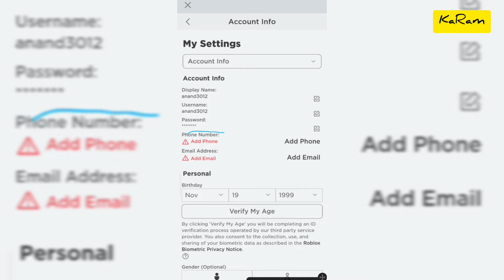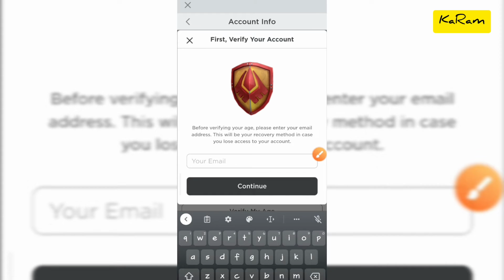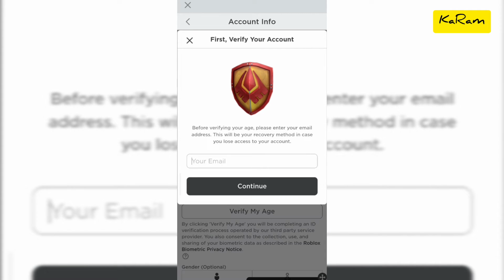So it will ask you to add a phone number, it will ask you to add an email address, but to enable voice chat you have to verify your age. So when you click on verify my age, make sure you have entered the correct date of birth. Now first of all, you have to enter your email address. When you enter your email address, it will ask you to upload